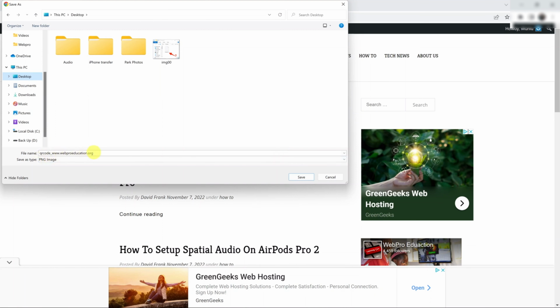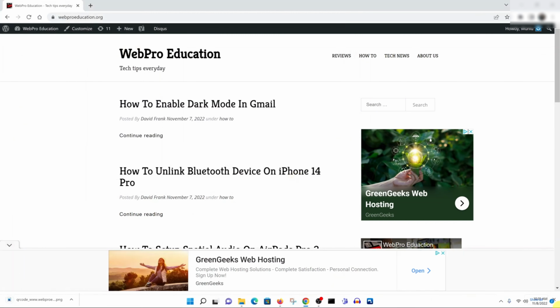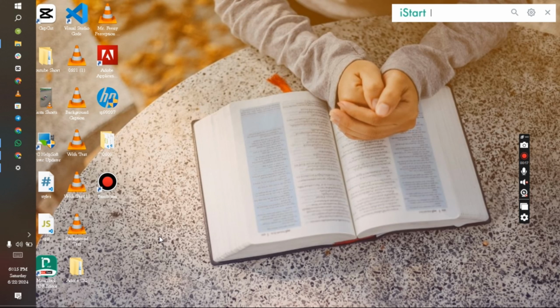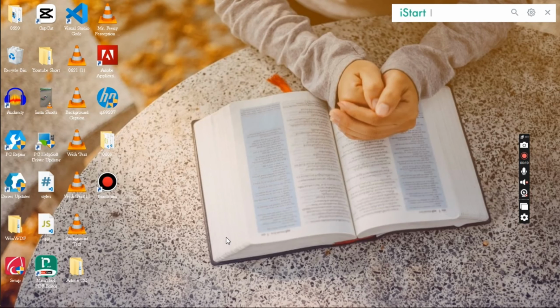It's a PNG image. You can save it into your computer, so now you can quickly access that QR code as an image file, which you can then print or do whatever you want to do with. That's basically how you can create a QR code easily for any